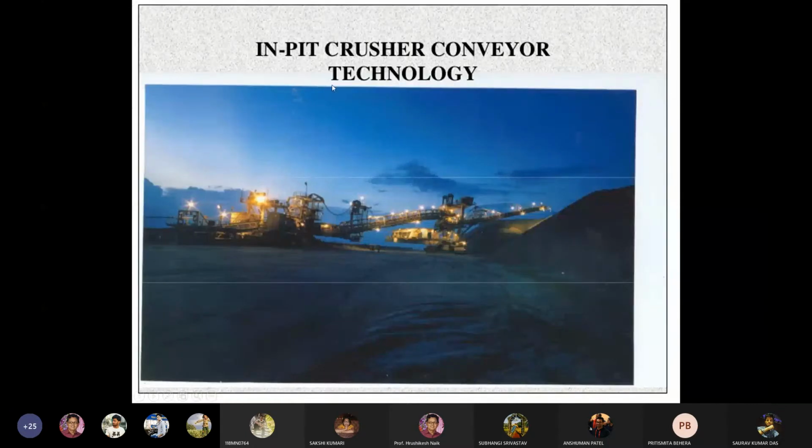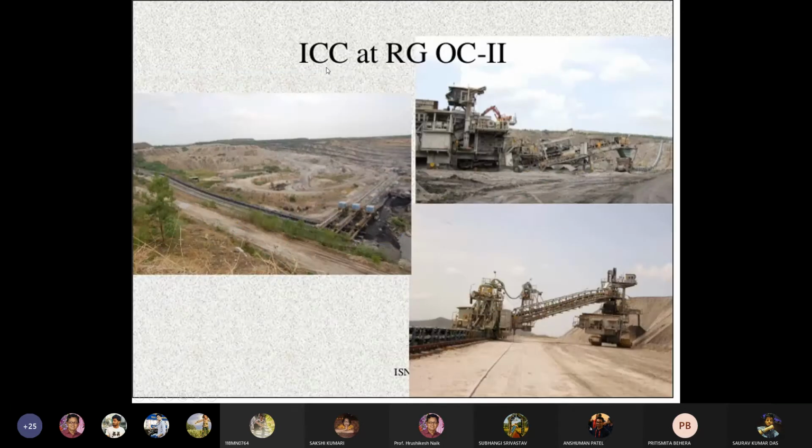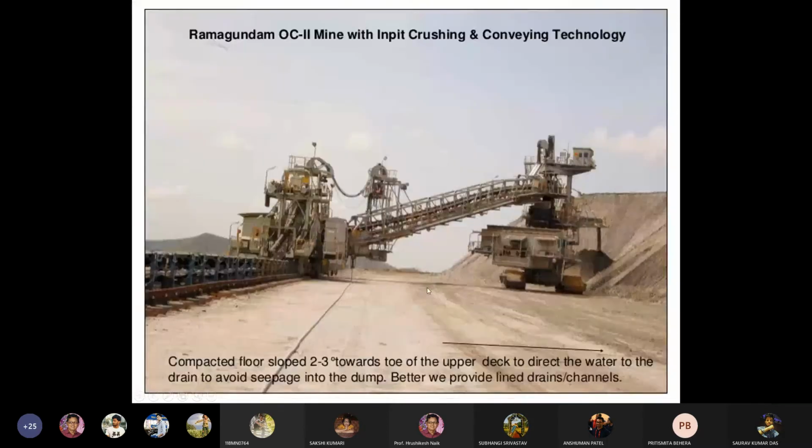So this is the in-pit crusher conveyor technology used in Ramagundam mines. This in-pit crushing and conveying technology is depicted here again in these diagrams.